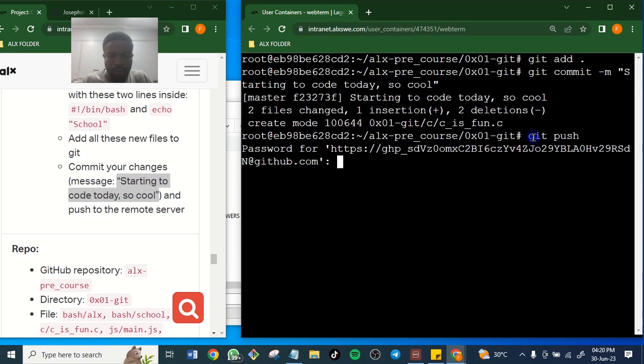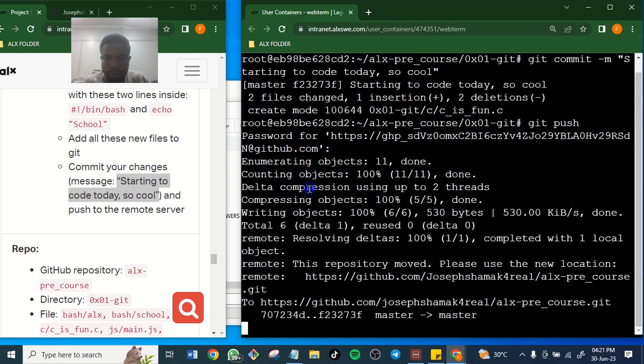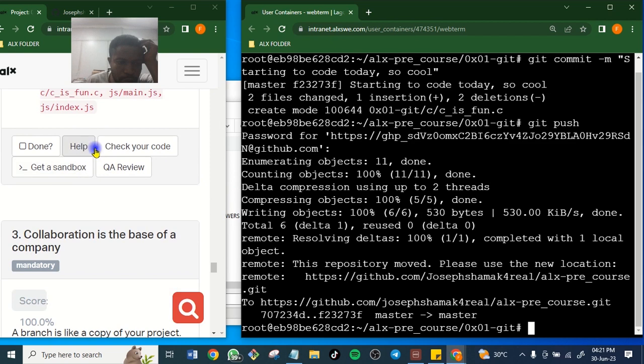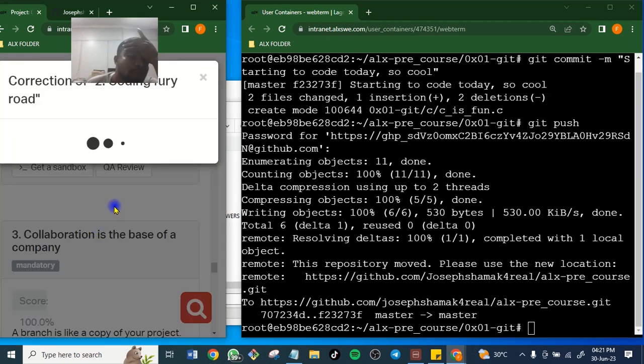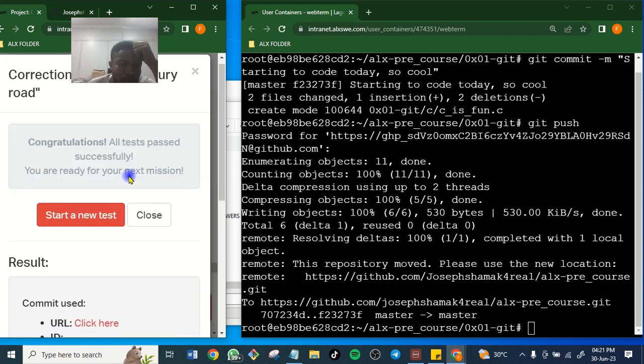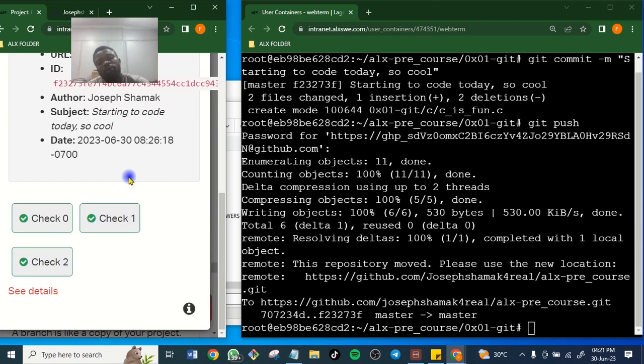So let me enter my password. I think it is done now. So let's check our code. Wow. So there's a glitch somewhere.